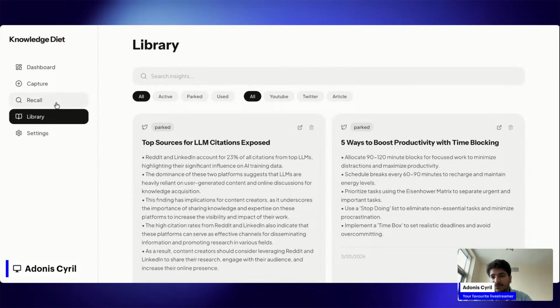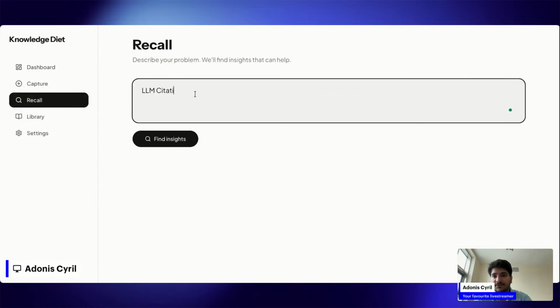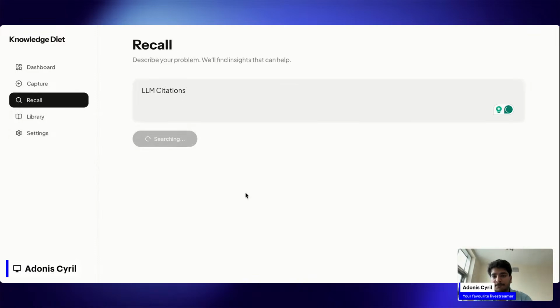Top source for LLM citations. Citations. Yeah, see, same thing for LLM citations. Look at the logs. If you have to figure out why this is happening,